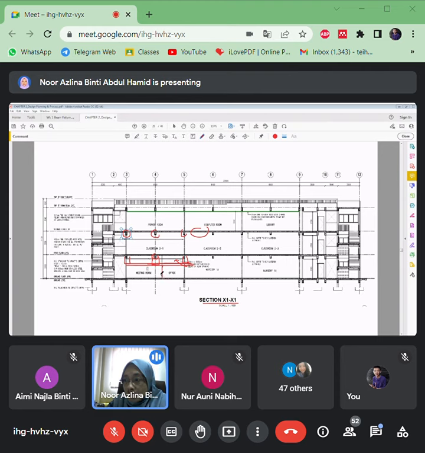So how about the clearance here? It will affect the space, okay, and the architects want the appearance that they want, the spacings, okay, that also the clients want and everything. Okay.